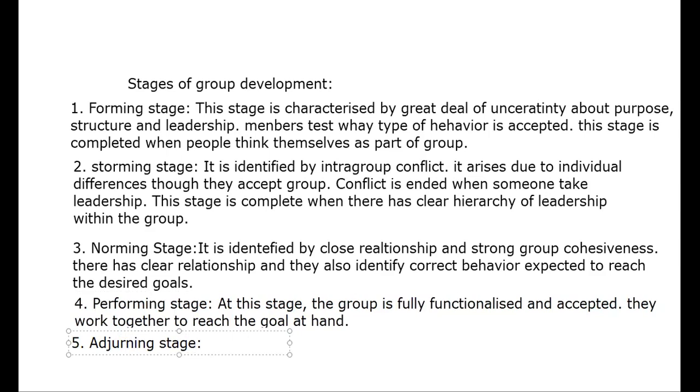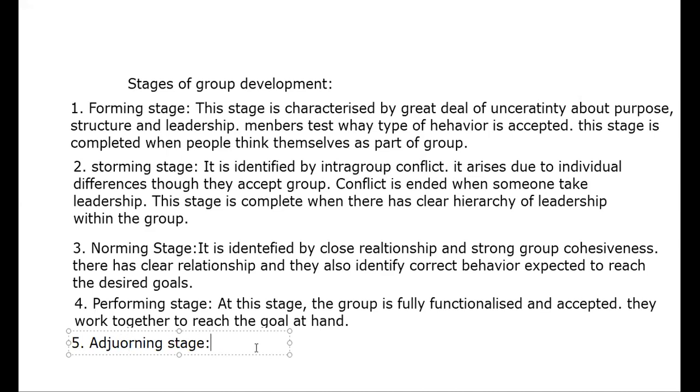In the adjourning stage, basically they did not perform any job. They basically involve in completing, accomplishing or wrapping up the group. That means this group will not exist anymore. That means your objectives are over and your specific task has been completed. So why should you keep that group in the organization? That is totally illogical. That's why in that stage,